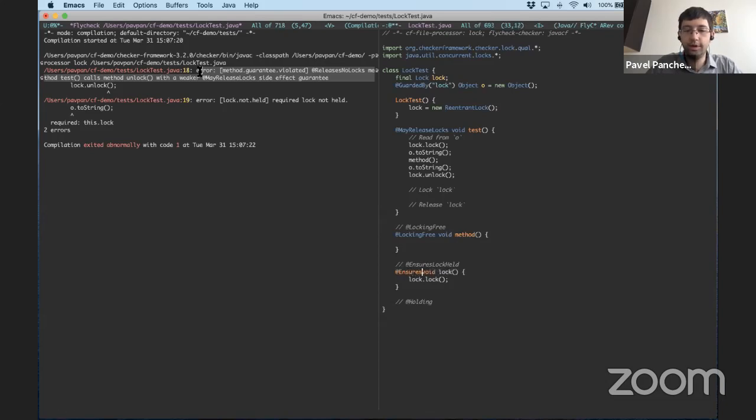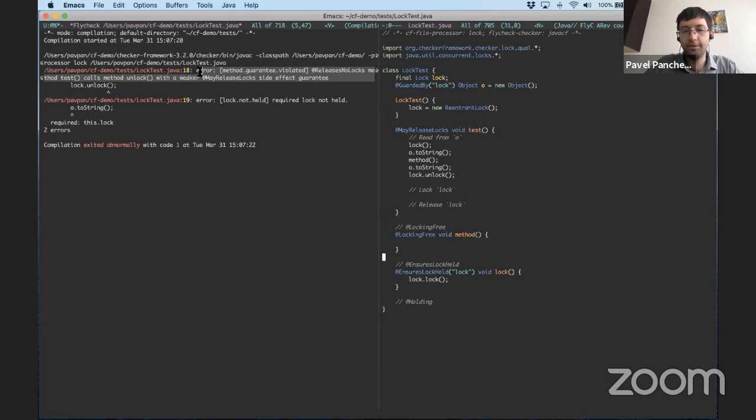And I can annotate it with ensures lock held lock. That now is enough information for the checker framework that when I do that private method call to lock, the checker framework knows that, man, I should have named it something different. The lock called lock is now held, and so accessing this object is still valid.